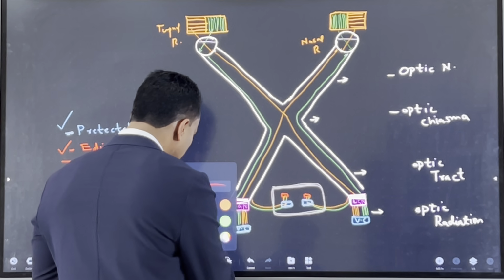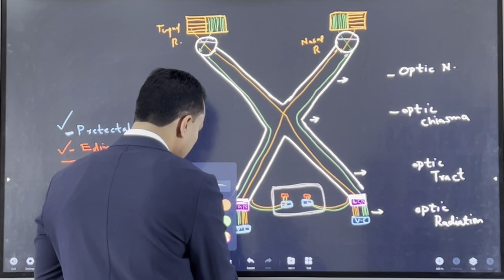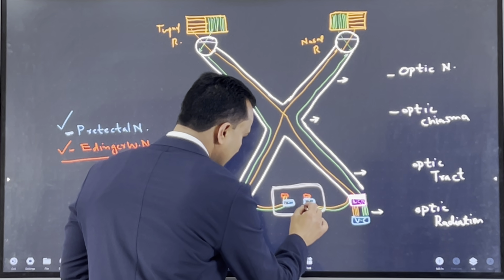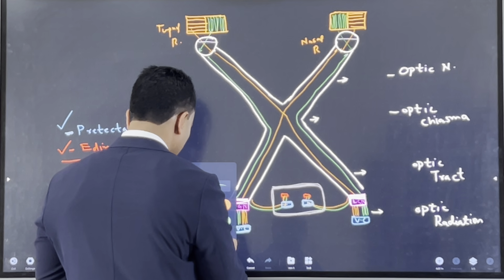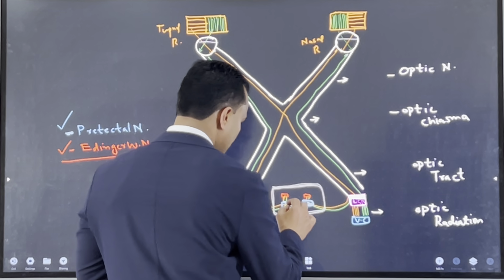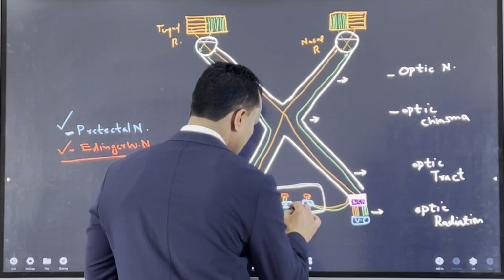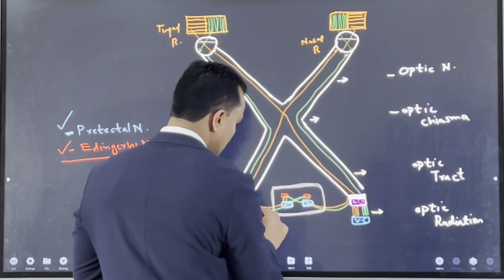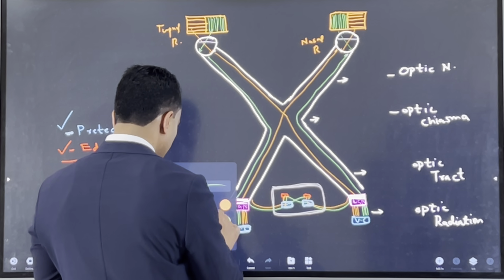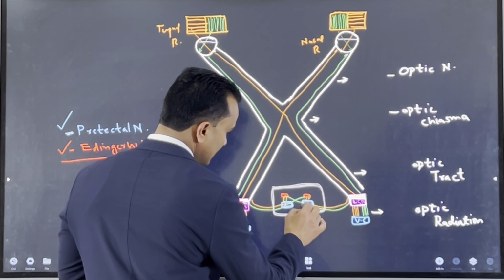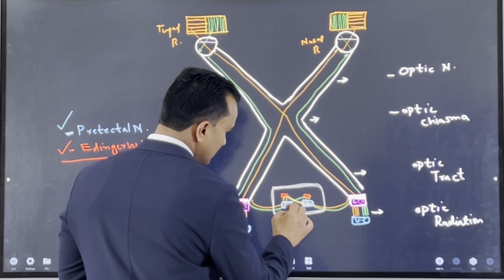But you should understand that some fibers will cross and they will synapse with the opposite side Edinger-Westphal nucleus as well. So they will synapse with the contralateral Edinger-Westphal nucleus. This is very important information that you should write, that some fibers synapse with the ipsilateral and then they move and synapse with the contralateral Edinger-Westphal nucleus also. That's why